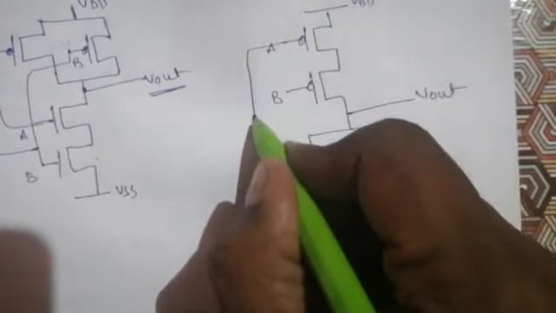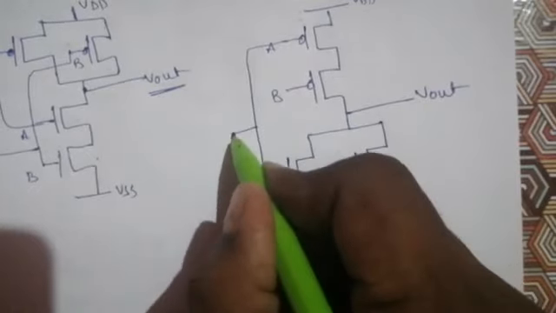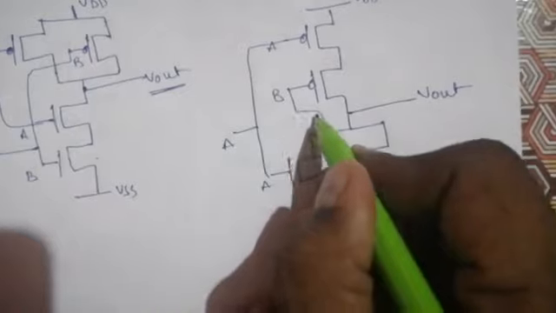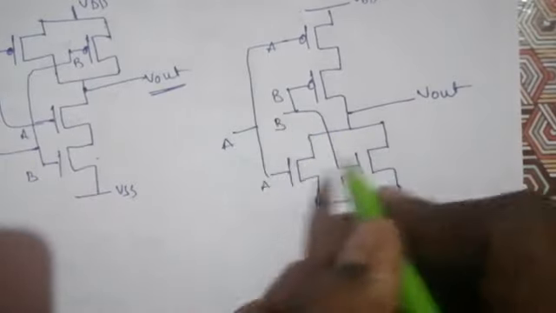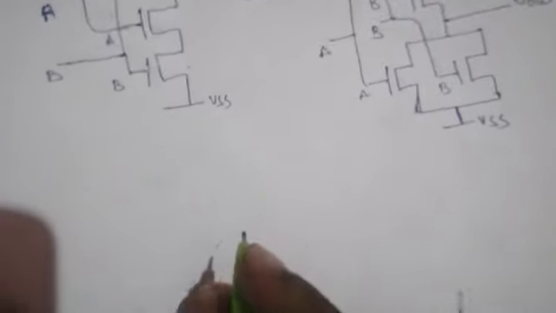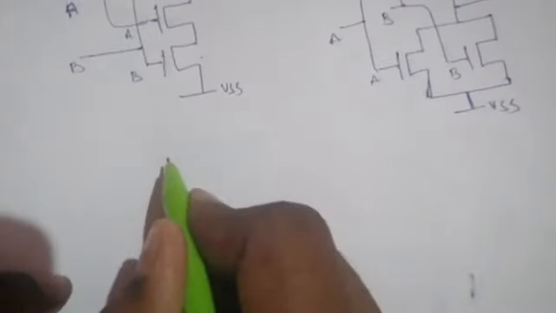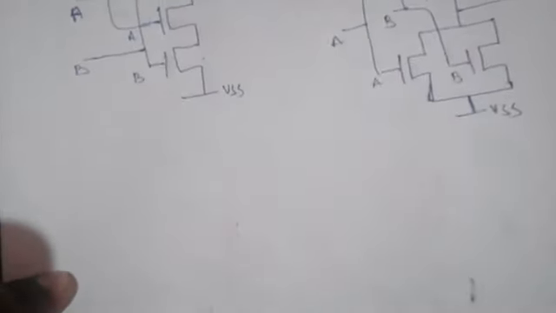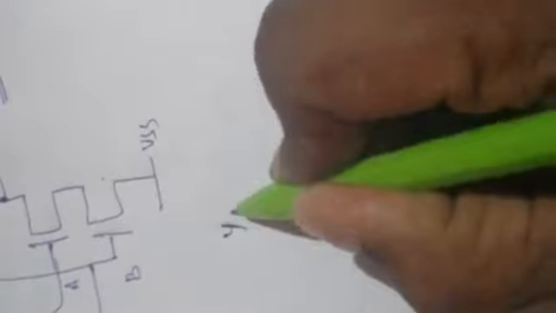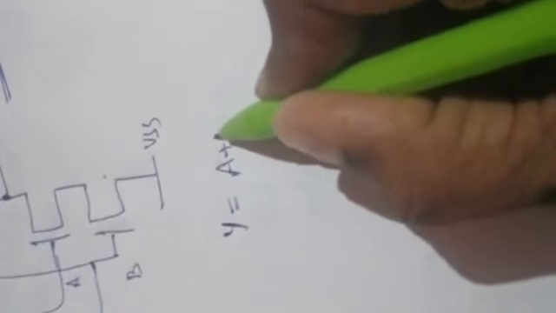Here these two A's are short circuited, a single A you can apply. These two B's are short circuited, you can apply a single B here. Then the circuit will behave as a NOR logic. You can take any equation by using the single formula. We can take any Boolean expression. Y is equal to, suppose, A plus B bar C whole bar.